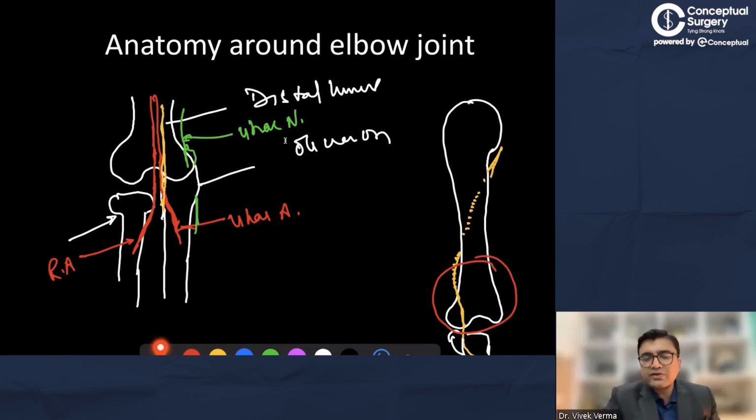Have you ever seen the radial nerve in this location, any one of you, whenever you're operating? Yes, no? Just write it in the